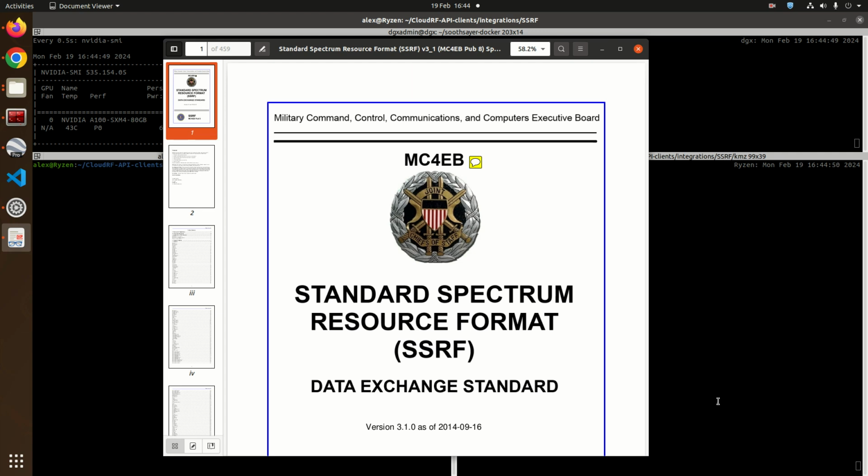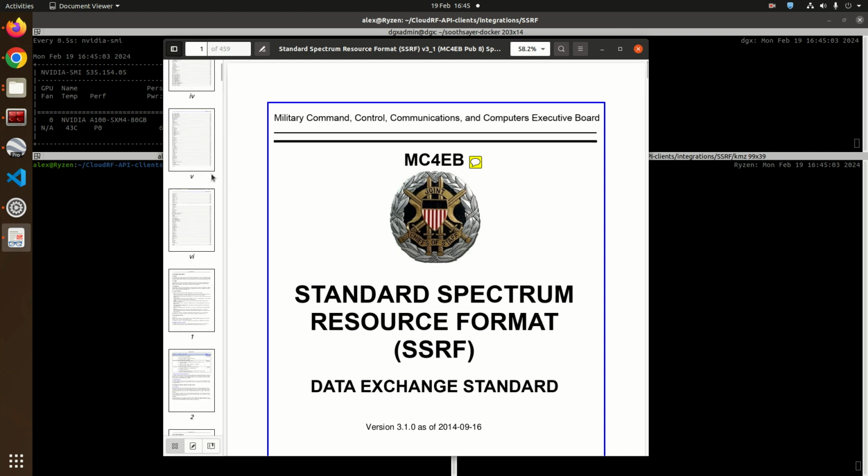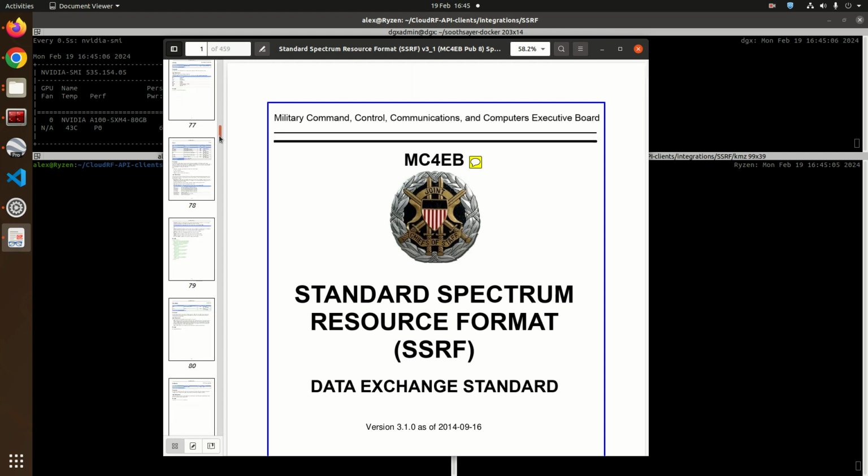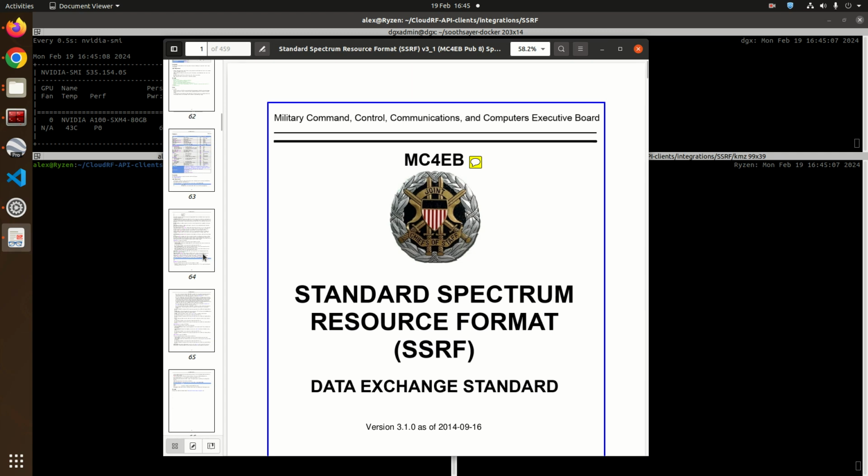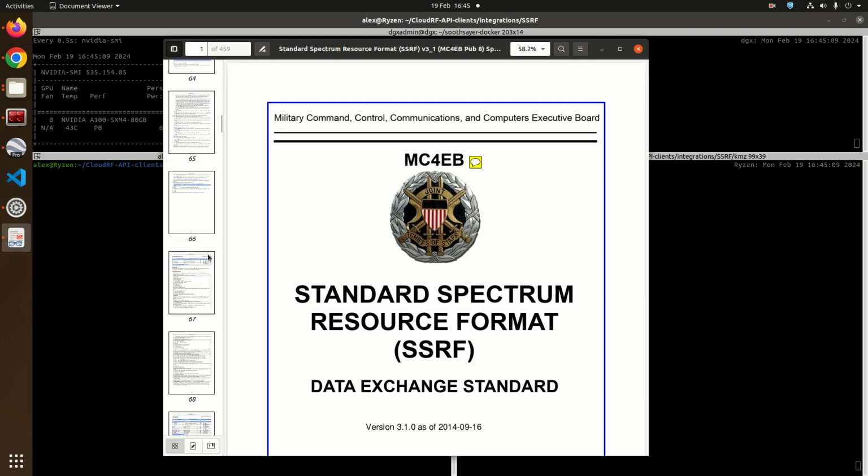This is a demonstration of integration with the Standard Spectrum Resource Format schema and the CloudRF SOOTHSAYER API. The SSRF format is about 10 years old now. It's an XML schema for sharing information about communication systems. It's got a lot of uses. You could use this to describe network transmitters, receivers, signals,